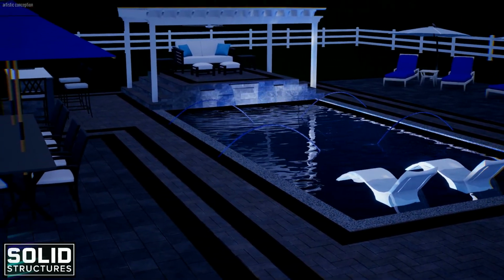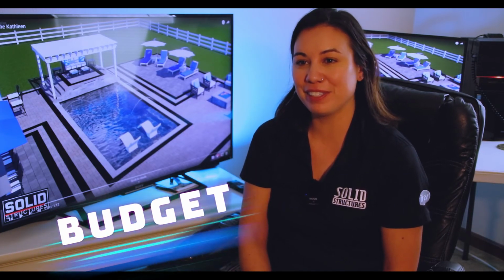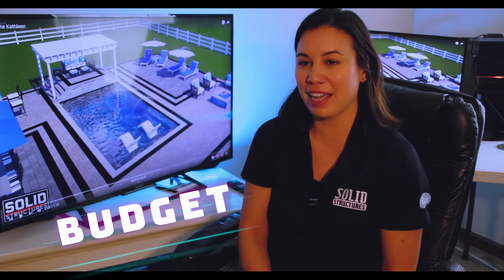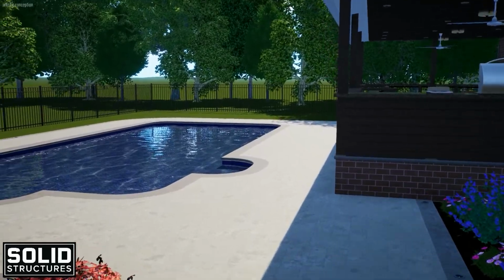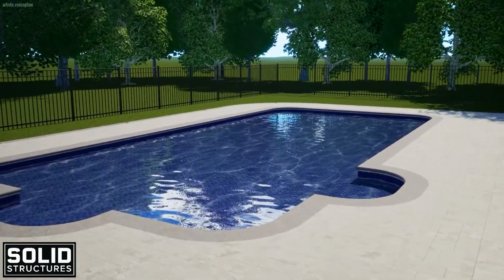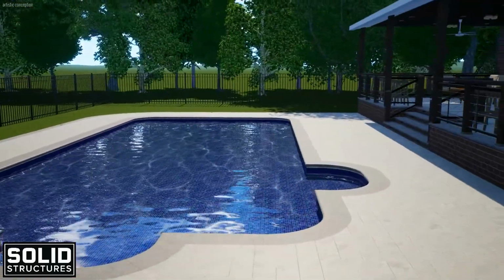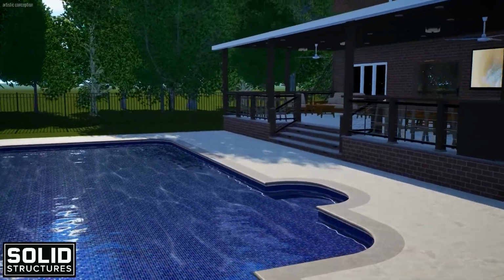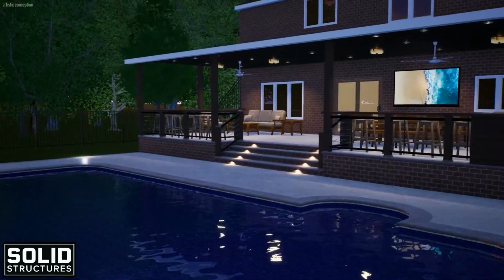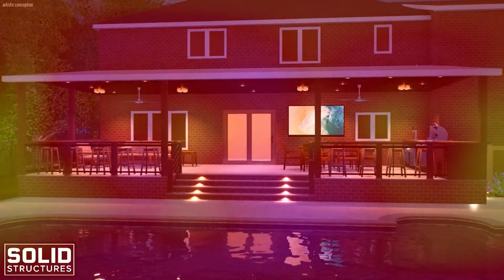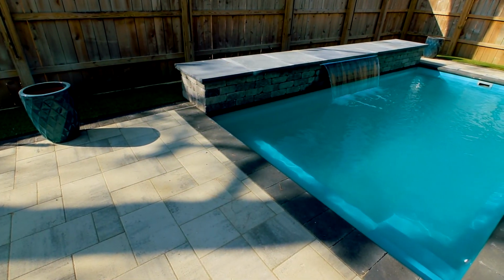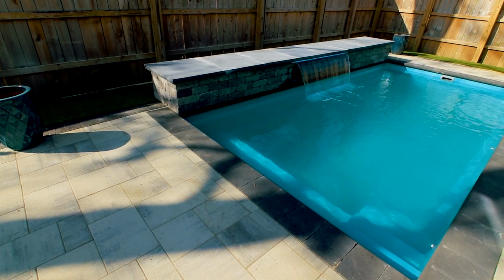Number 4, backyard oasis. So we are going to talk about a realistic budget so that when I go to design your dream backyard, we are on the same page as far as what you're expecting it to cost. So, you know, if you have $1 million dreams but a $400,000 budget, I can design a backyard that is going to work for you financially and can still give you all of the elements that you're looking for,